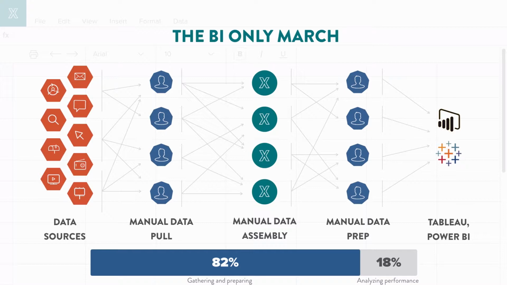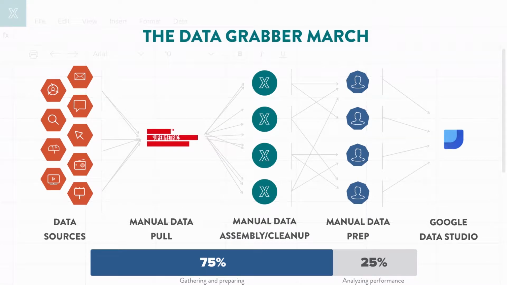You might also have something that looks like this. Maybe you're using a data grabber like Supermetrics or one of these other tools to pull data out of all these different source systems, but it's up to me to manage the connection. It's up to me to clean the data up manually once it does come in from those different data flows. Then I have to combine the data into a lot of different data sets from individual data sources. So that may mean that I have to take my paid search data and actually combine that manually with my social data and with my website data to see how the campaign performed.